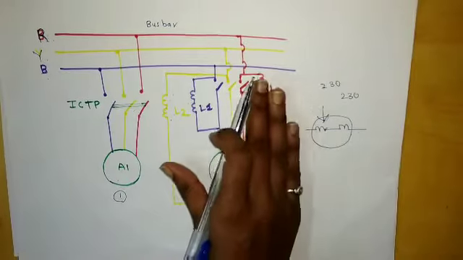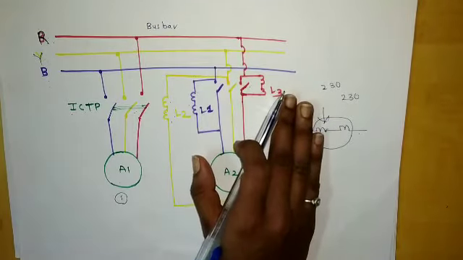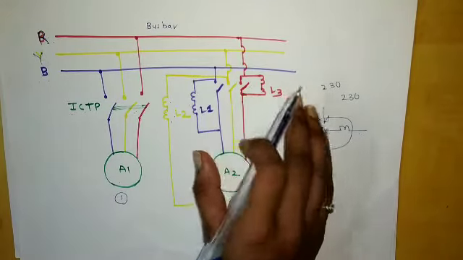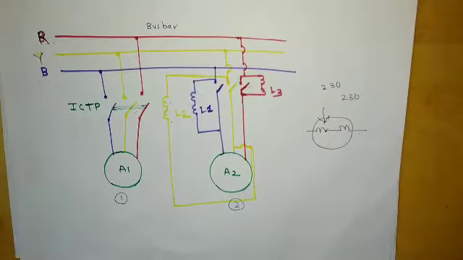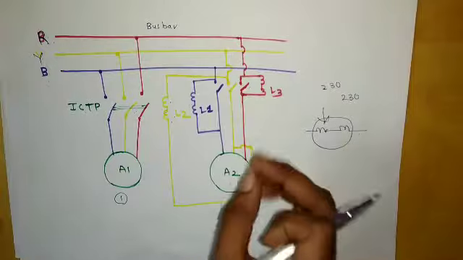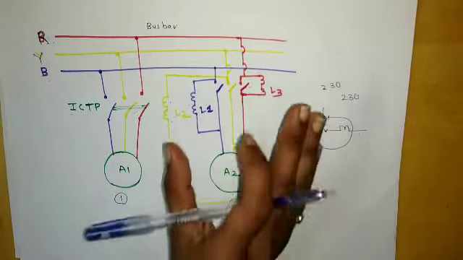So this is about the lamp dark method. What is the drawback? It has one drawback: it is difficult to judge exactly the moment at the middle of the dark. Whenever our three lamps get dark, the middle of that point is difficult to find.